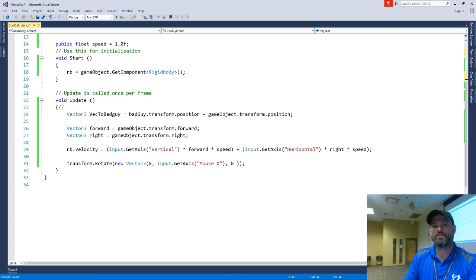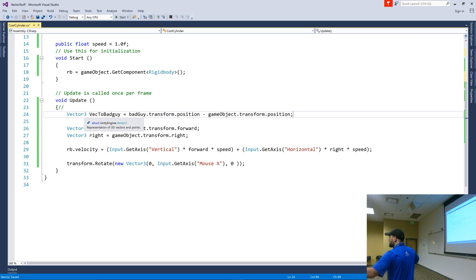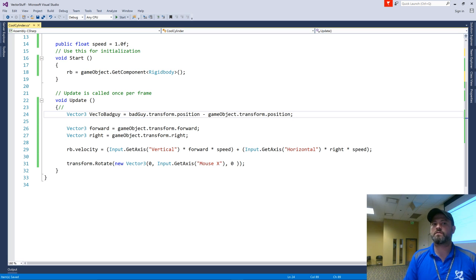So this is the vector, direction and magnitude, right? I want to know how far away this guy is. That is what portion of that? Magnitude. It's the magnitude, right? So I want to know the magnitude. I can get that, and the magnitude is held by a float, right? It is a float value. It can be less or bigger than a whole number, but the direction's always a vector.